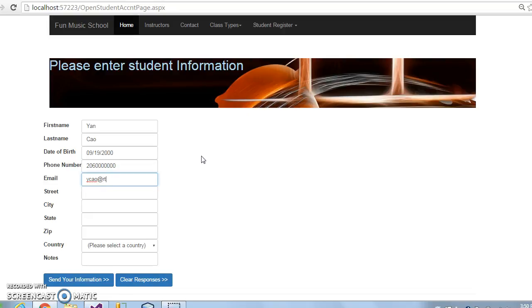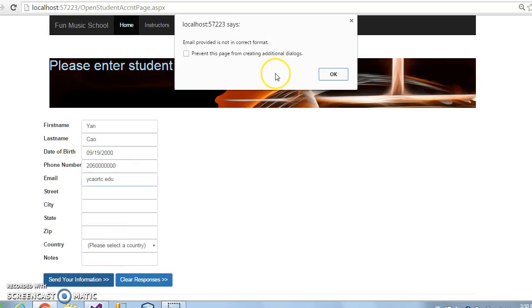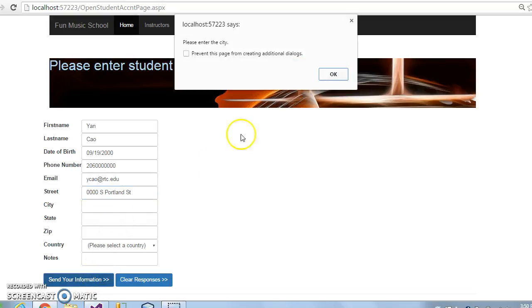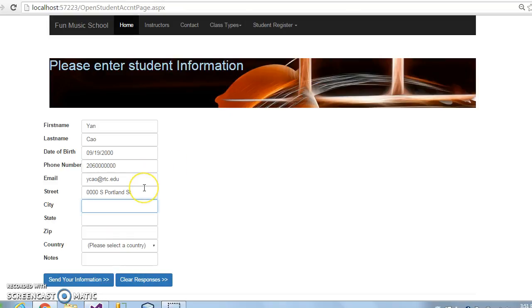For example, if they did not include the @ sign in the middle, it will prompt the user to check the format of the email. So they will have to put the @ sign in the middle, and then they will be prompted to enter the street, like this, and then they need to enter the city,